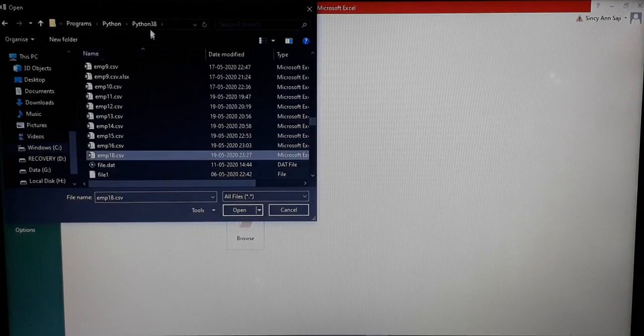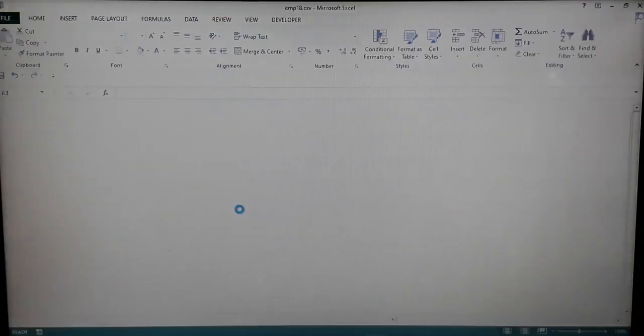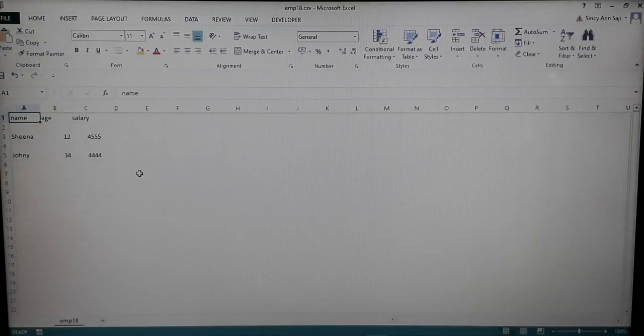Now I am here in the Python folder. See that emb18.csv is created here. That is created in the Python folder. Now when I open this, it is opening in your Excel screen. See, this is created over there. This is emb18.csv. I will just increase the size a little bit.